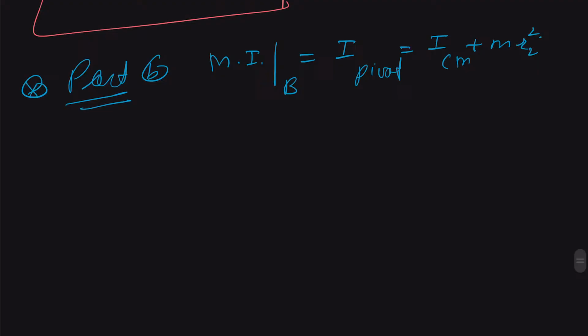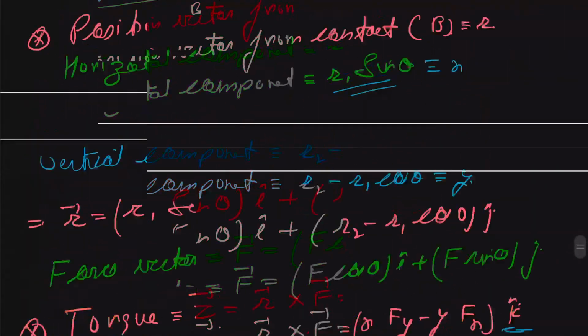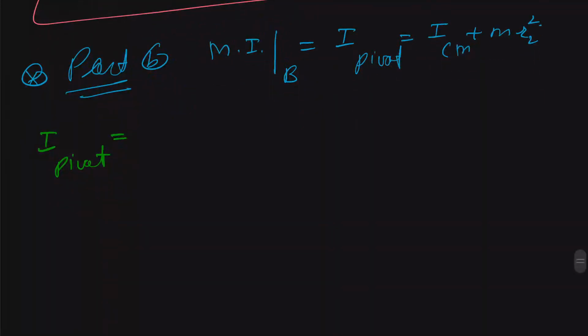And we can write that this I pivot will be equal to, and this I center of mass is C m r2 square. So we can say this is equal to C m r2 square plus m r2 square, which can be written as (C + 1) times m r2 square. And now it is quite simple to solve. Only calculation is left, and